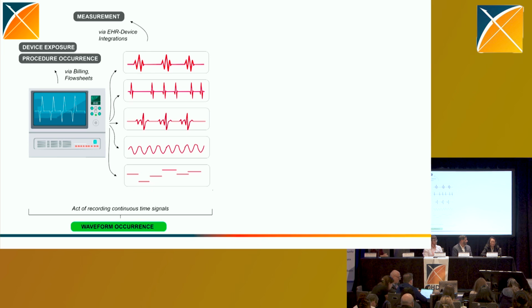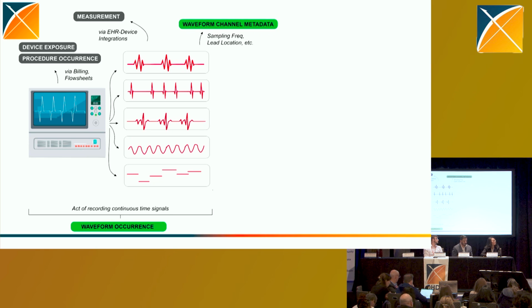And so what we're proposing is actually a set of 4 tables, one of which is the waveform occurrence, which is this general idea of capturing or recording a continuous time series signal. But then importantly, and this is different than the imaging extension that's recently been published, we need to capture information about each of these channels, because unlike an image, you have different channels that correspond to different measurements, right? So a 3-lead EKG and the data it's capturing is very different than what you're getting from a respiratory rate measurement or these other things. The interpretation is different, how you analyze the data is different, and we need to know about the sampling frequency and all these other relevant parameters in order to analyze them. So the channel metadata is the second table.